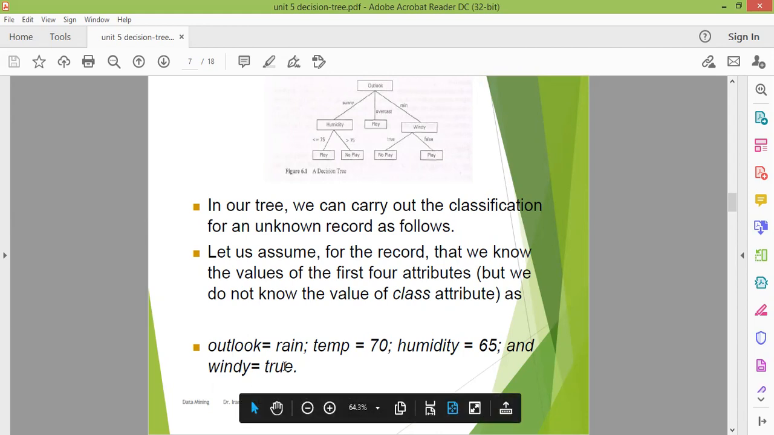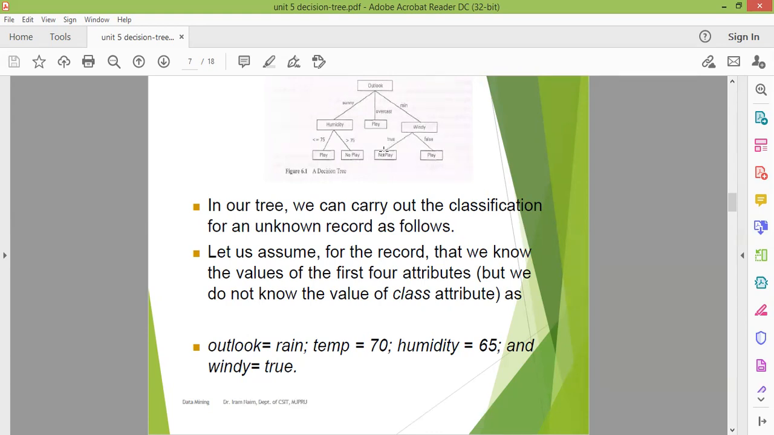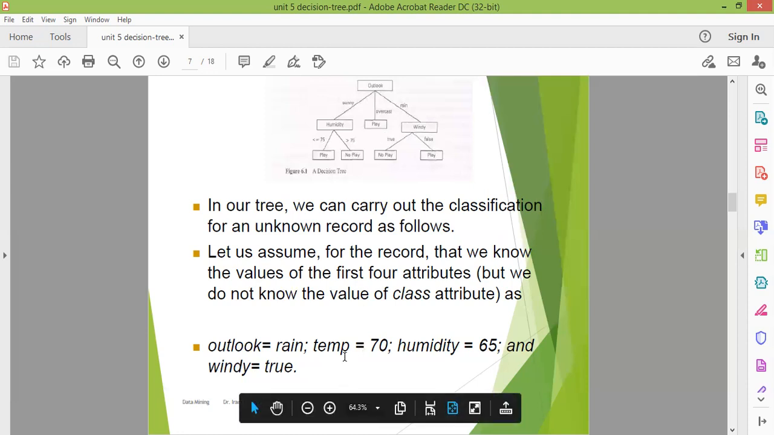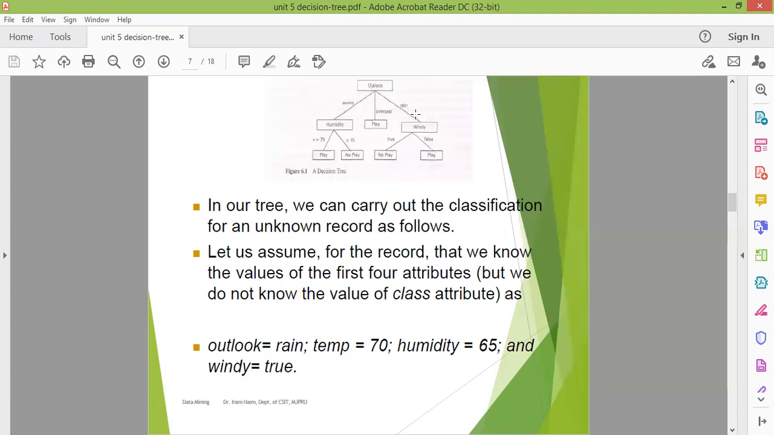So it will check that the windy value is true here. Okay, so it will go to the next level. If windy is true, the leaf node is no play. So the class label we get as output is no play. So we will not check temperature and humidity. We'll check only the first value, outlook, and based upon the outlook we'll go to the third branch of